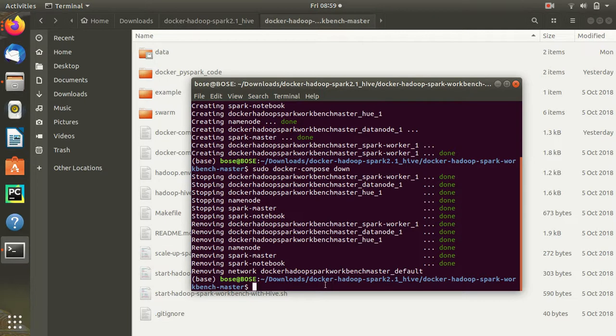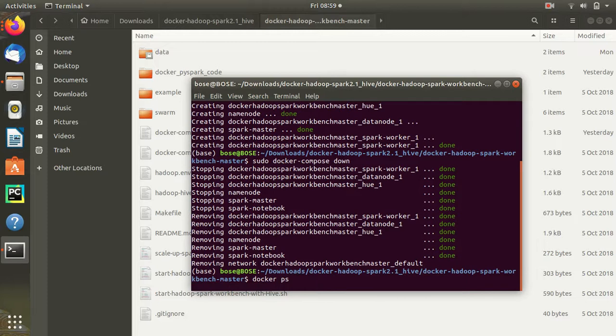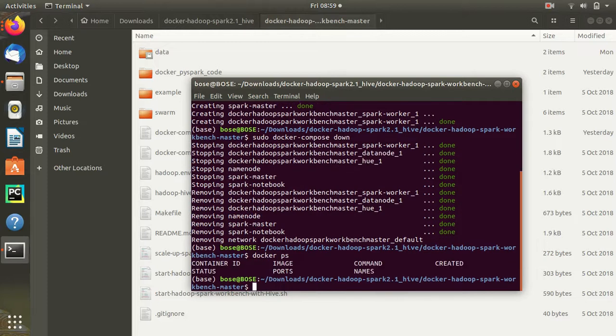So in that case, what do we do? Suppose your hard disk has an issue or something, then we first execute the docker ps as we were seeing last time.